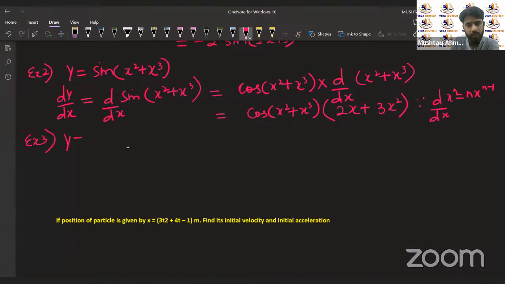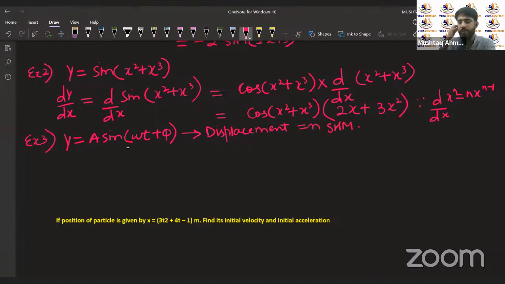Y is equal to a sin of ओमेगा t प्लस 5. इस इक्वेशन को आपने एसएचएम में देखा होगा। ये डिस्प्लेसमेंट इक्वेशन रिप्रेजेंट करती है सिंपल हार्मोनिक मोशन को। जब हम एसएचएम पढ़ते हैं, वेव्स एंड ऑसिलेशंस पढ़ते हैं, वहां पे हम एक स्पेसिफिक ऑसिलेशन पढ़ते हैं, दैट्स द सिंपल हार्मोनिक मोशन।